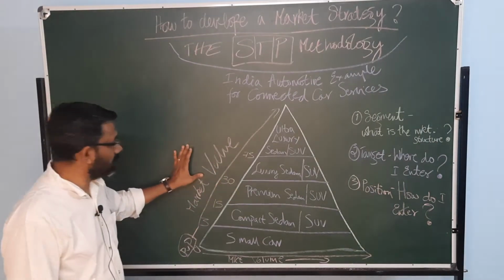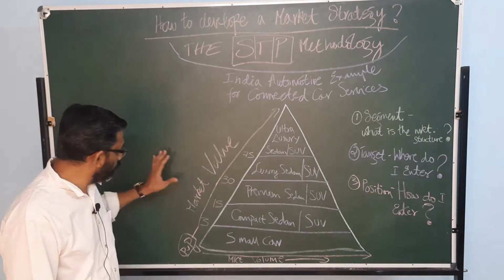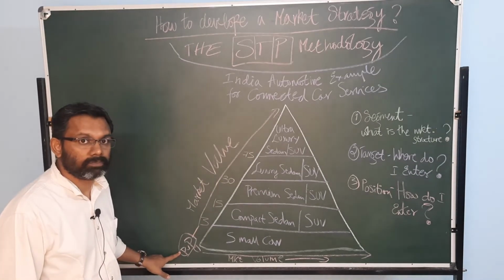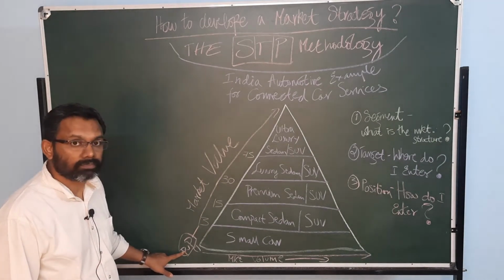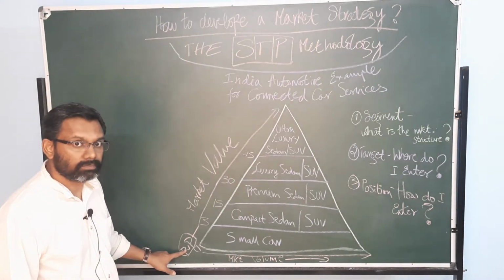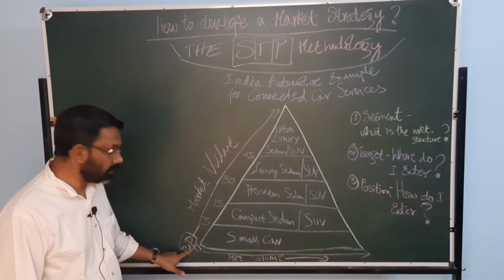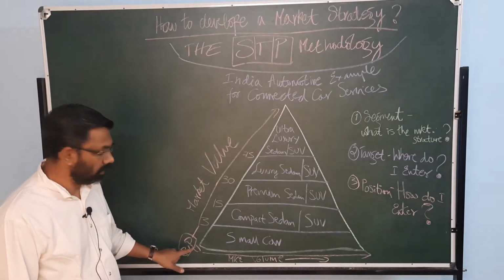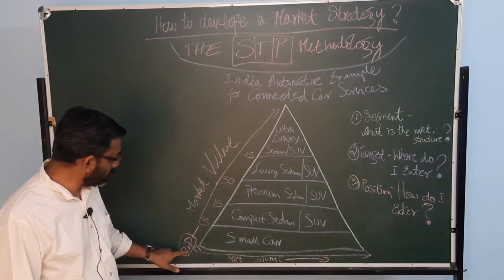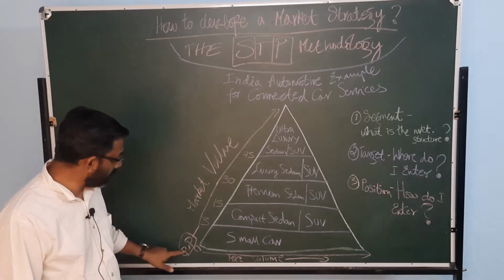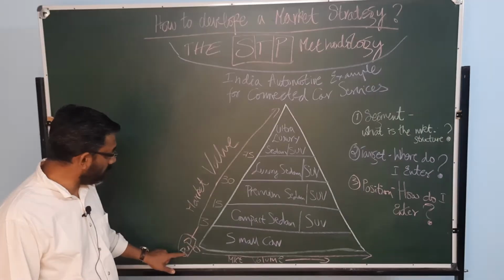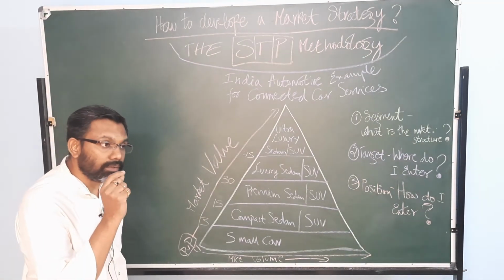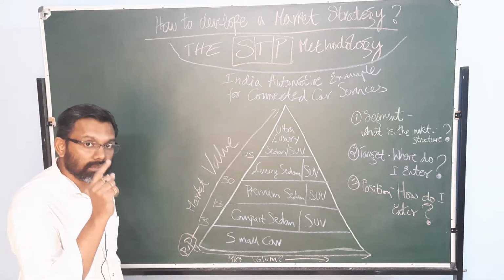In order to arrive at the market value, for the purpose of segmentation, we need what I call PUP: price, unit, and positioning. Price per unit, and positioning, PUP. So based on price per unit and market perception or positioning,